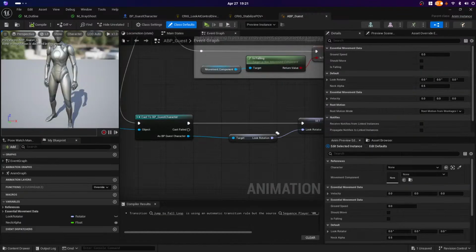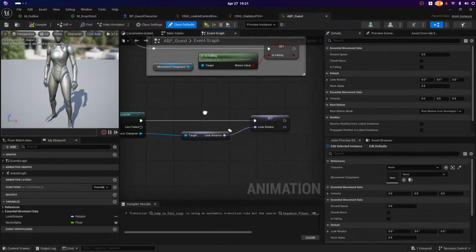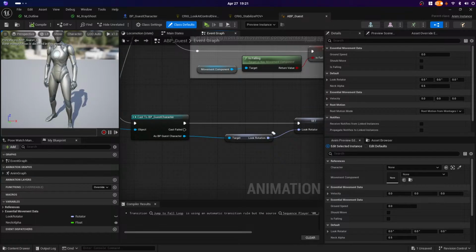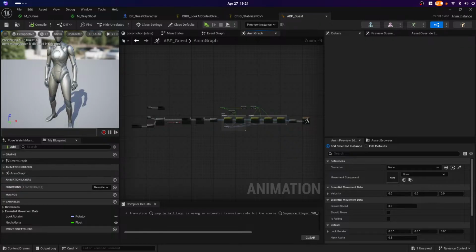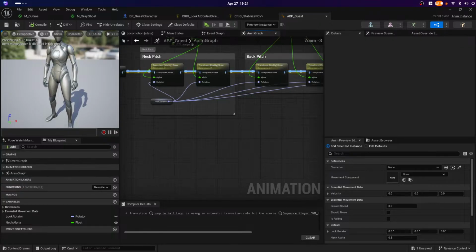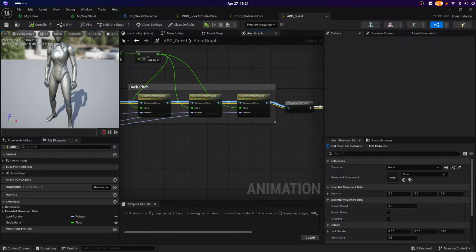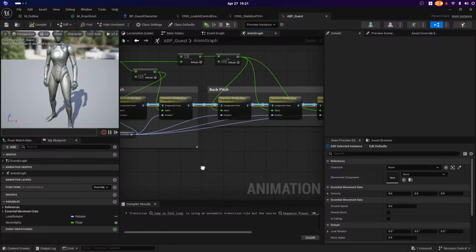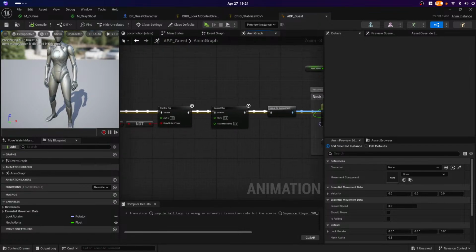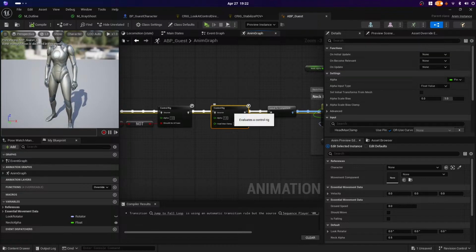Let's try it. All right, we got a look rotation. And then in the anim graph, why does the anim graph always close? Am I closing it? Am I dumb? All right. We've got that. And you can see here what we've done is there's this one. It just says control rig. But what this is, if we click on it,